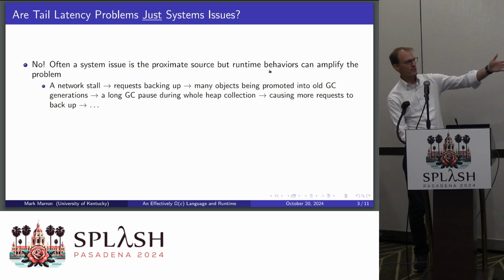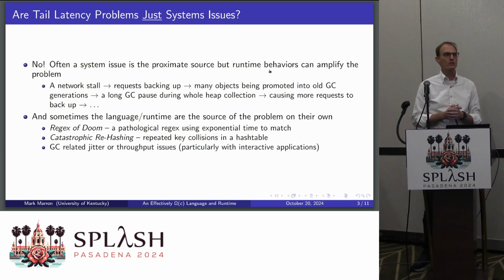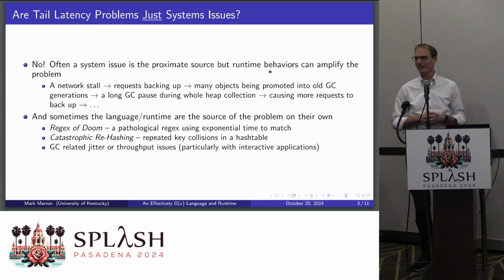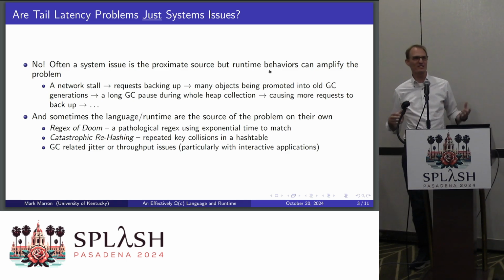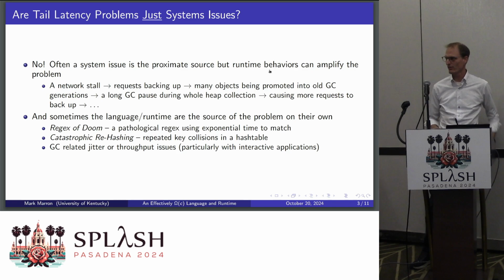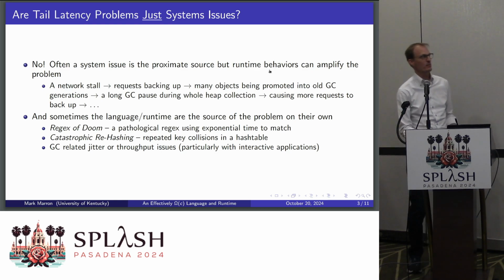And this is one that's network involved, but there are some pure software ones too, like some regexes. The regex of doom was a popular denial of service attack for a while. A simple looking regex this long has exponential time. People would attack hash tables by causing malicious collisions. And of course, GC, everybody's familiar with janky UI from GCs. So I was like, hey, this is really a software problem as well. It's not just a systems problem.